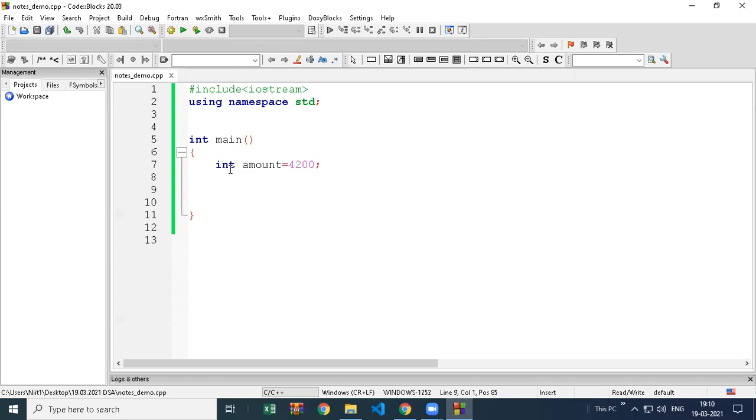So how are you going to apply the logic? Anyone tried the logic? Anyone sent me mail, completed this homework? Anyone tried this? How can you solve this? How can you find out the minimum notes for this amount?